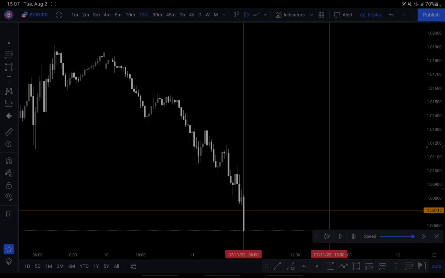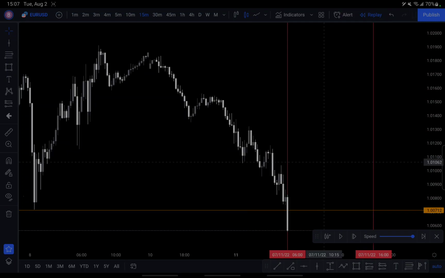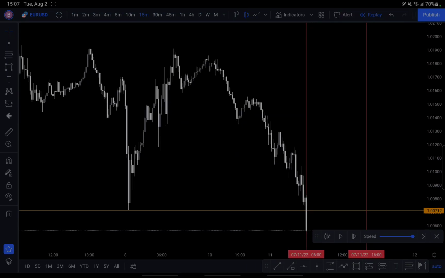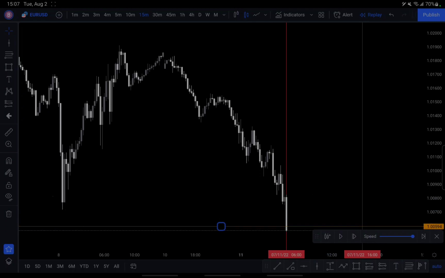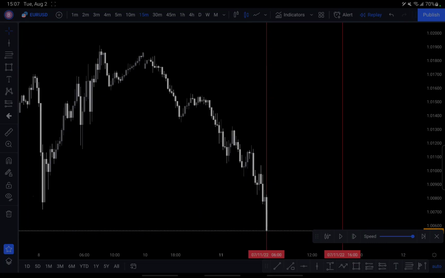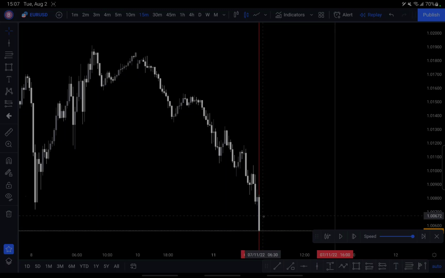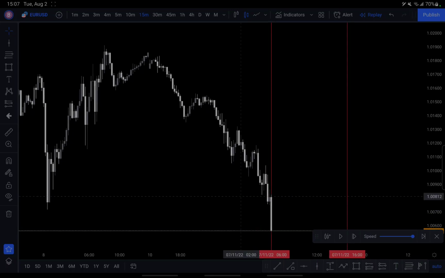Okay, I'm gonna go to my 15-minute. So on my 15-minute, we are overall bearish. Okay, we did break structure here, creating a new lower low. So I can go ahead and move this down to here. This is our new lower low. Okay, and let's see. I'm gonna mark up some Mentifex blocks here.